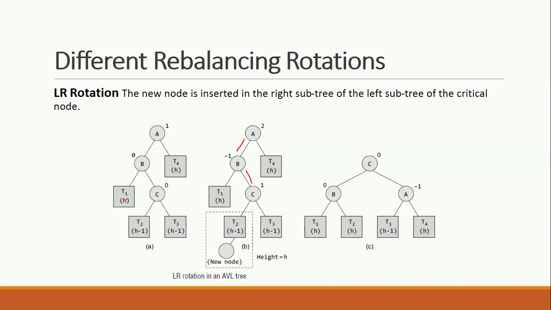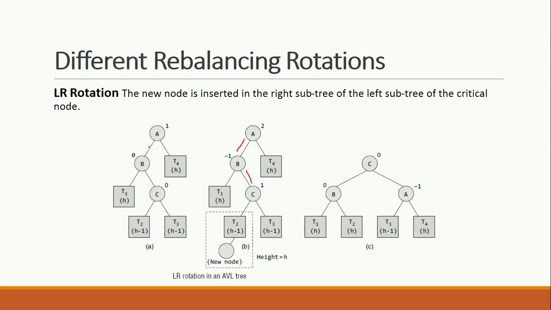It is h. See, for T2 it is h minus 1 and h minus 1. So at this stage, h minus 1 and h minus 1 would be 0. Obviously for here it is h. This would be h minus 1 plus 1. That would be h again. So eventually it would be 0 again. Now for here it is h. So that would be h plus 1 minus h.